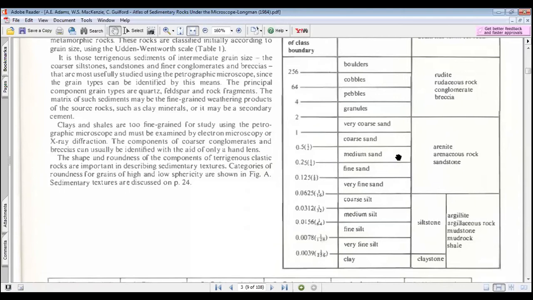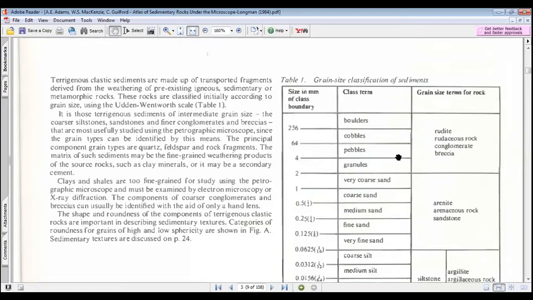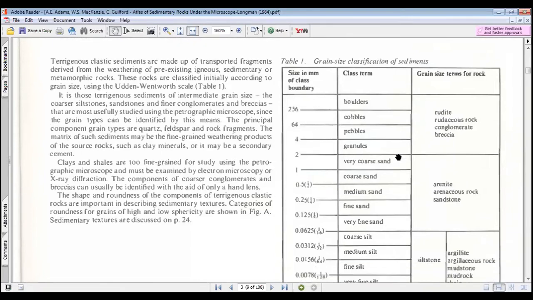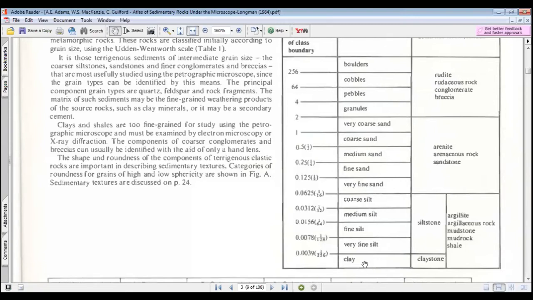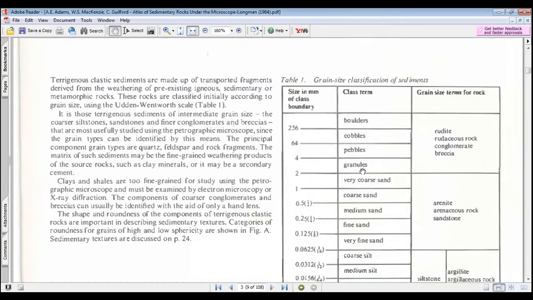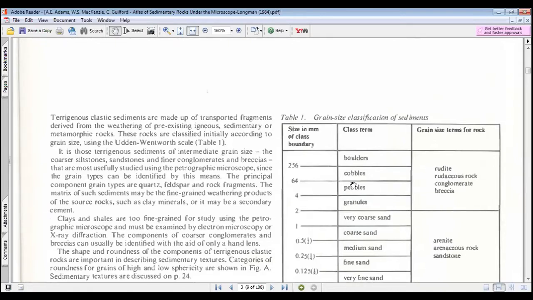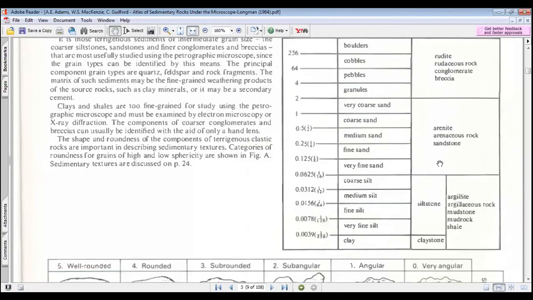Here is a beautiful example of the scale that we normally use for characterizing the sedimentary grain size. And here you can see different categories. Maybe you guys have seen this scale before. We have clay, very fine silt, all the silt categories, then the fine sand, very coarse sand, and then up to 2 millimeters is the upper limit of sand. Then come the granules, pebbles, cobbles, and boulders.